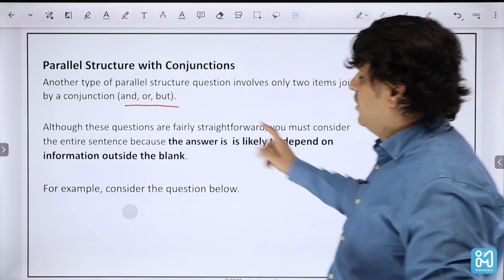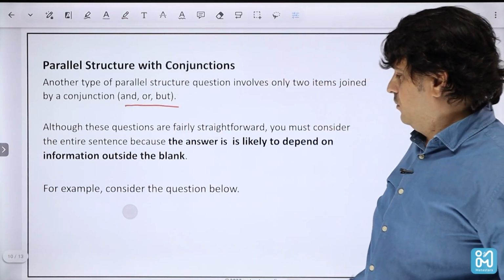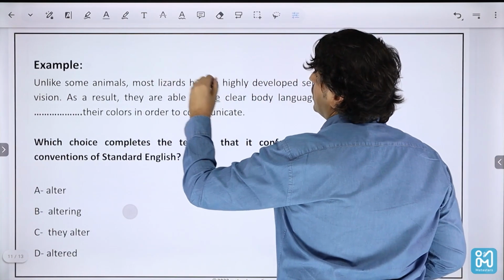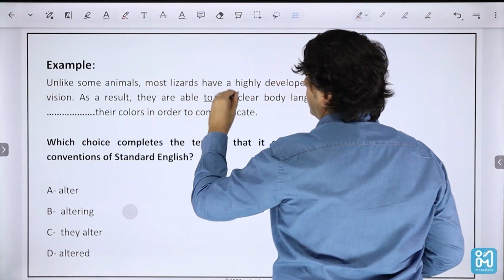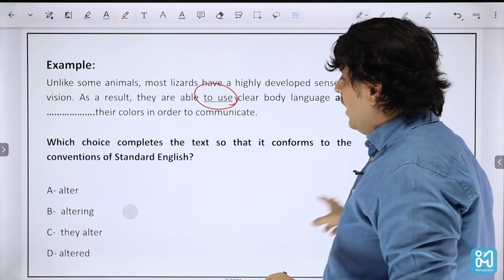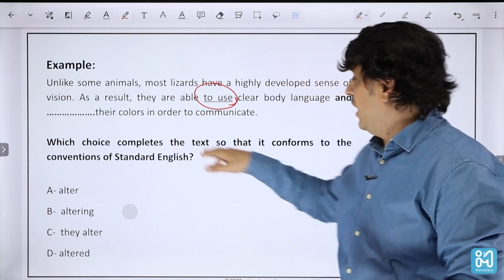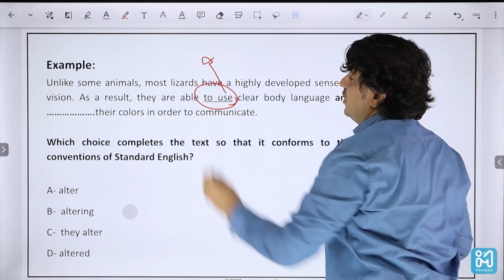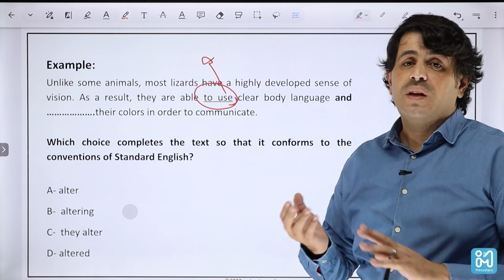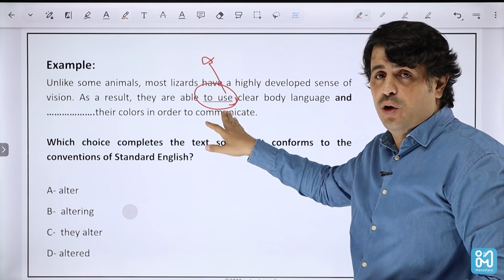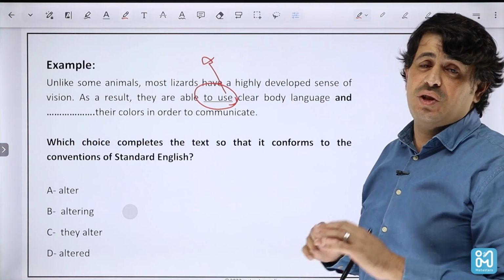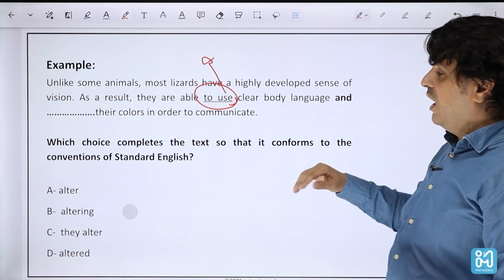How is this possible, guys? Look at that. If I have, for example, "are able to use," clear the body language here, and what I'm expecting to have is the to infinitive form. So I need to expect that for the other part I should have the infinitive form. Since I have the to infinitive form, after "and," in order to make it as parallel as I can, I should have it as